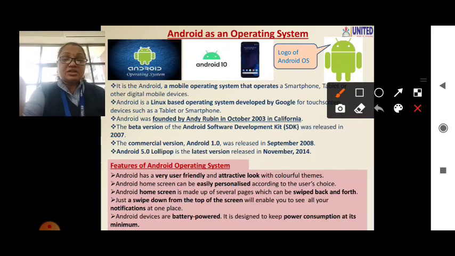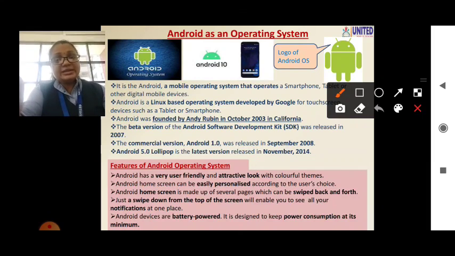Ultra battery saver is also available as an option in the Android operating system. So these are the different features of the Android operating system, which is why it is very popular in smartphones and we use it daily.